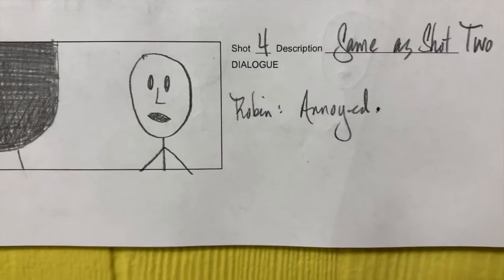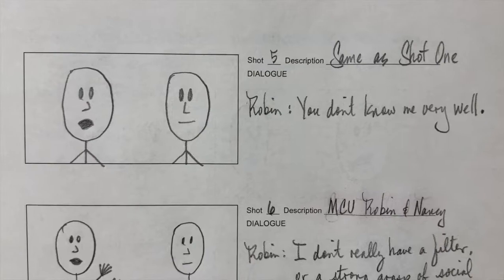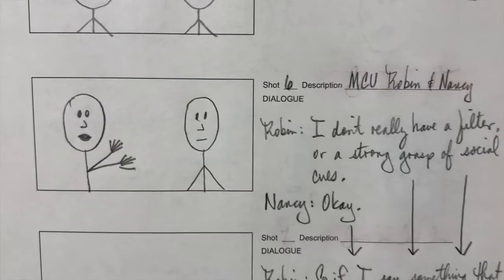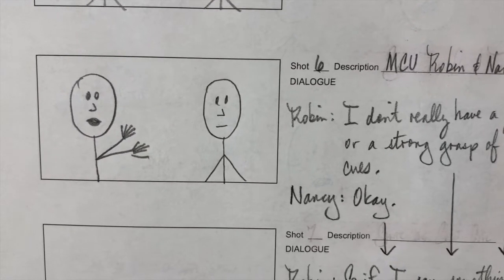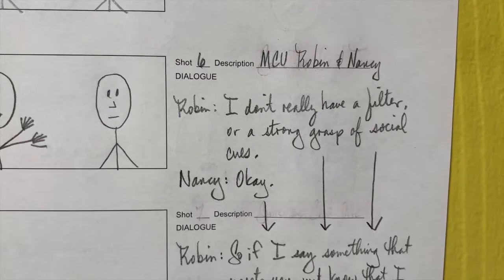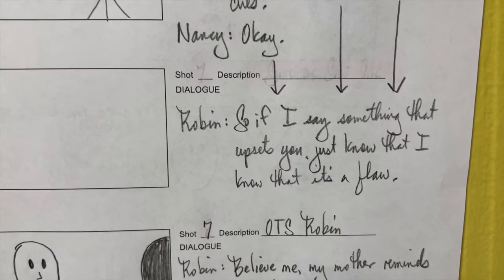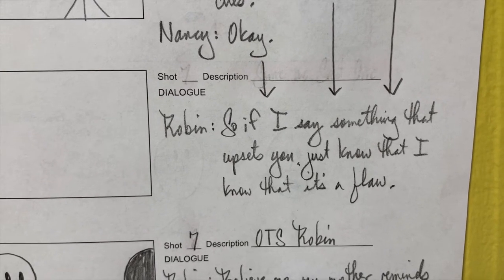So in shot 4, we have the word annoyed. Shot 5, we go back to that 2-shot close-up, right? Robin says, you don't know me very well. So if you look at shot 6, you'll see that it's a medium close-up. And Robin says, I don't really have a filter or a strong grasp of social cues. And Nancy says, okay. So if I say something that upsets you, just know that I know that it's a